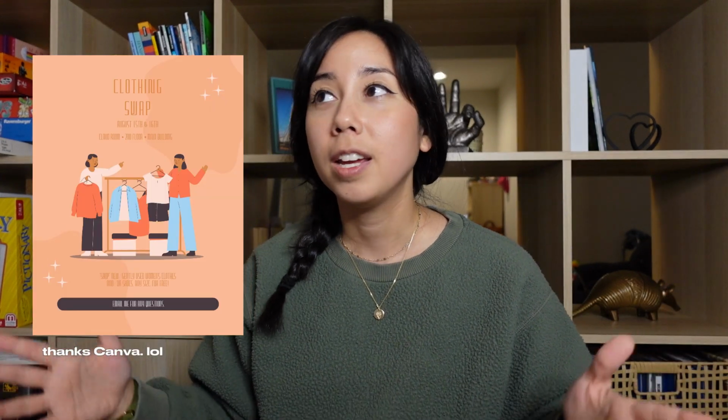Say I design the most beautiful flyer you've ever seen in your whole life, but if you can't read it, then I didn't do my job. And on the other side, if I create a simple, easy to read flyer, but the hierarchy's off and it looks ugly, I didn't do my job either. I'll probably be rethinking my career choice at this point.